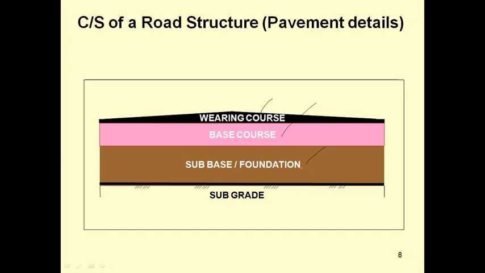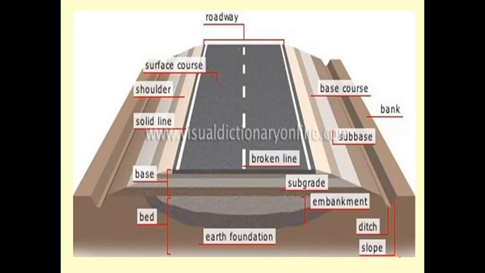You can see an image of a road. This is the roadway, the black color, and the middle broken lines we call alignment. This is the surface course, which is black in color, and we also call this a double BM road. These are the shoulders, this one is the base course, and these are the side banks with soil. This is the subbase, the second layer, and this is the third layer, the subgrade.